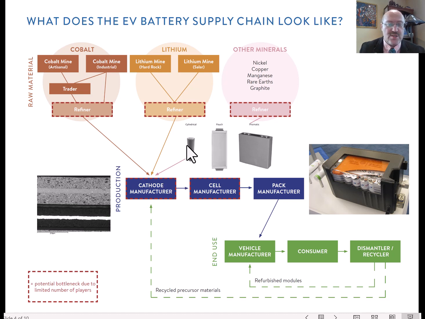So it could be cylindrical cells produced, pouches, or prismatic cells. Then it's rolled in differently, in a serpentine way, inside of the cell. And then we manufacture packs, and then these packs will be integrated into vehicles. And right now it's a lot of cylindrical cells, in a much smaller format than in the picture, and also pouches are very popular. And then, of course, there is recycling, but we are not talking about that yet.